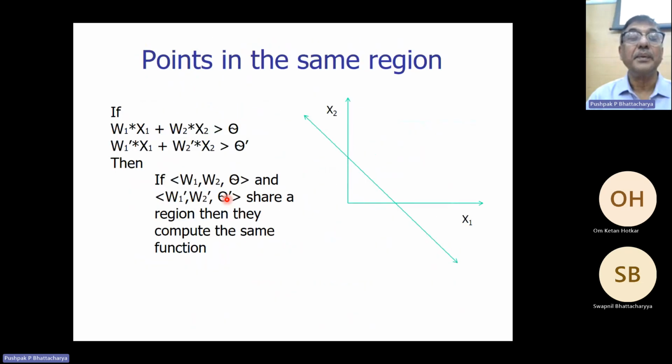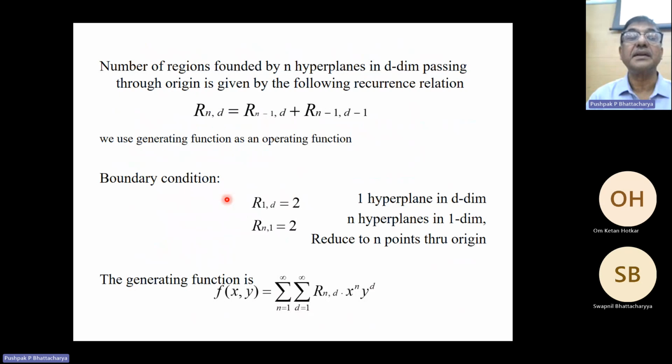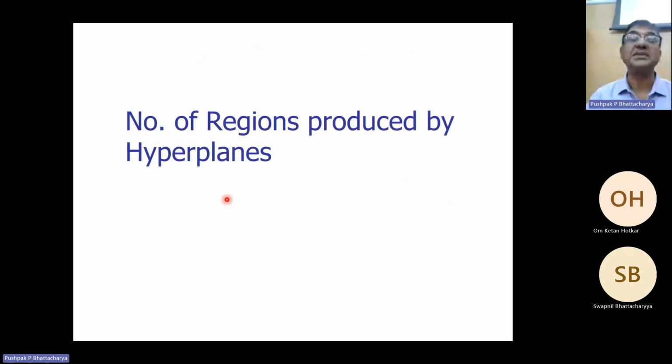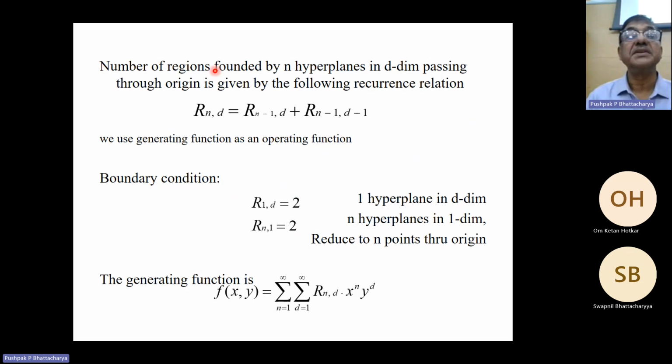Now we would like to look at the derivation of the number of regions produced by hyperplanes in d-dimensional space. The number of regions formed by n hyperplanes in d-dimensional space passing through the origin, because theta has been absorbed as a weight, is given by the following recurrence relation. You can understand this very easily if you followed how we derived the number 14 for 3 planes coming in